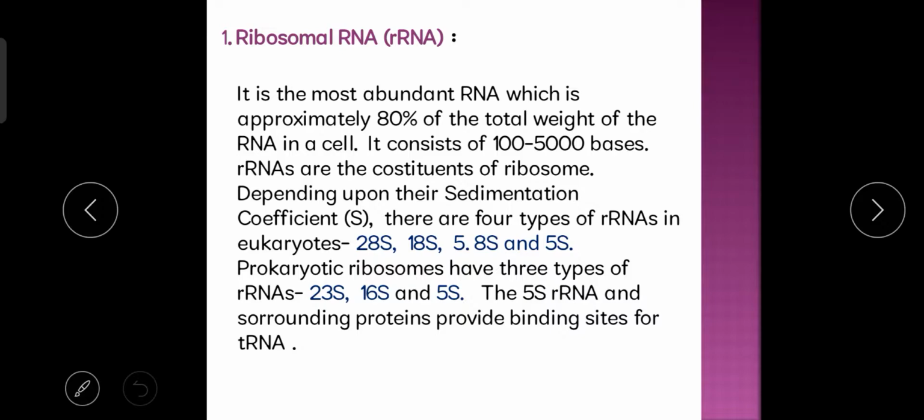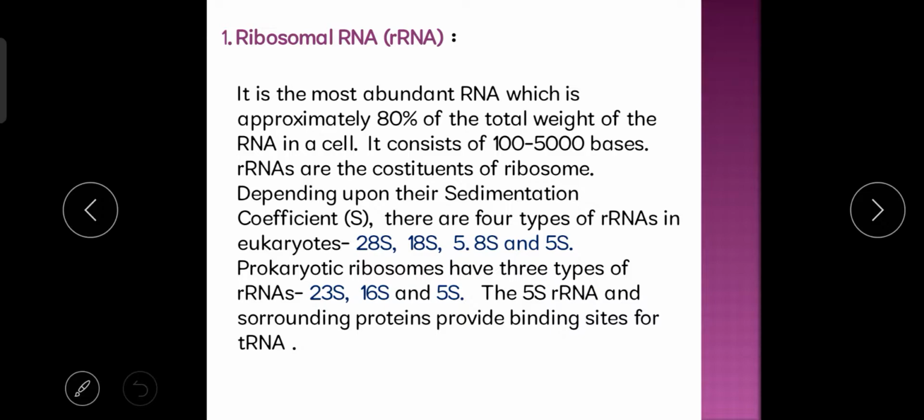All these different types of RNAs are synthesized from the DNA inside the nucleus, because the DNA is present inside the nucleus. That is why all these different types of RNAs, along with ribosomal RNA, are produced inside the nucleus, but after production they immediately move outside to the cytoplasm, and they finally help in the production of protein in different ways. So how does ribosomal RNA help in protein production?